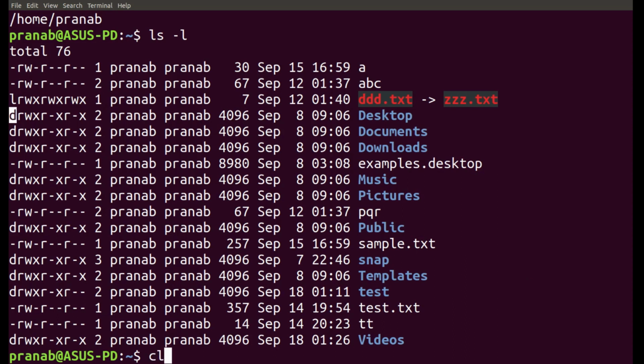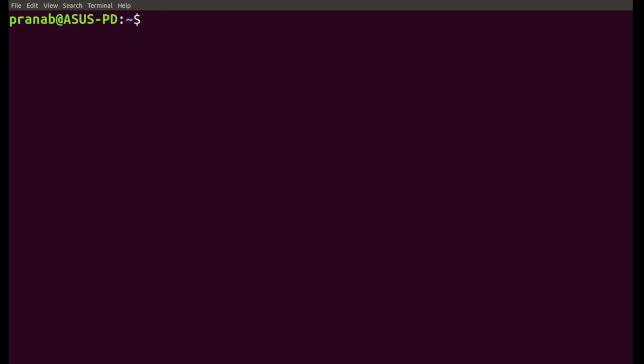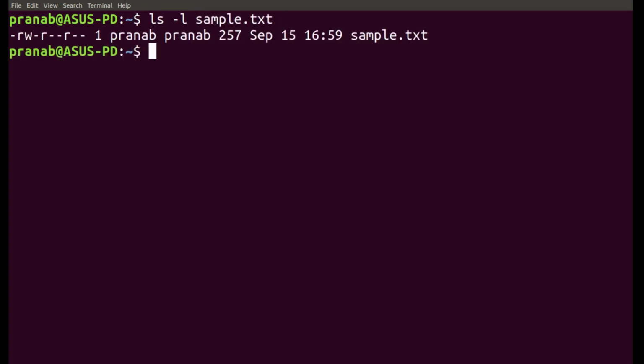Let us clear the screen and run ls -l on the file sample.txt, and we see the file permission. This is a file, so hyphen, and the first 3 show the owner permission, the next 3 show the group permission, and the last 3 show the others permission.